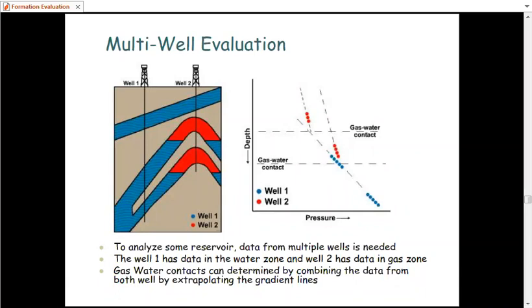You will focus on your drilled well and compare between the drilled well, or the control point, or the focused well, and the other wells in the same reservoir, and consider what about the formation gradient, and what about the fluid contacts,